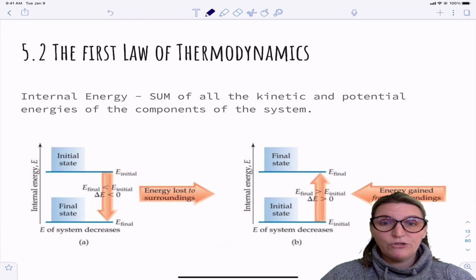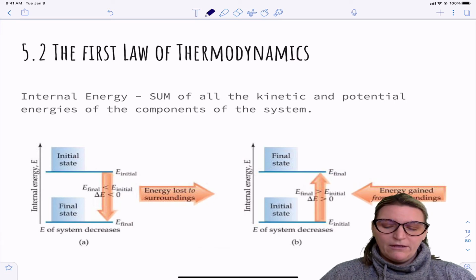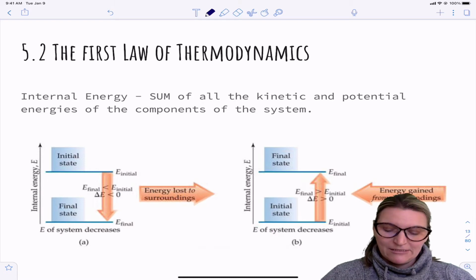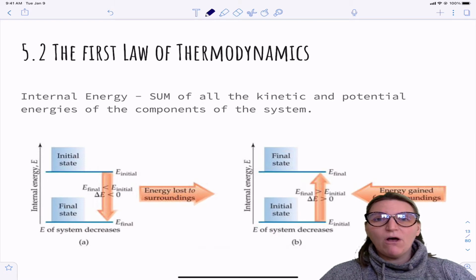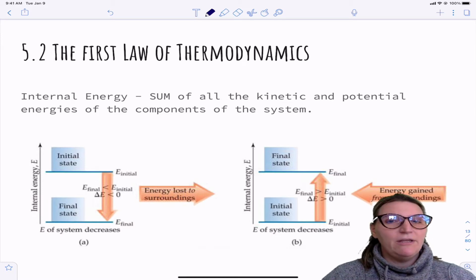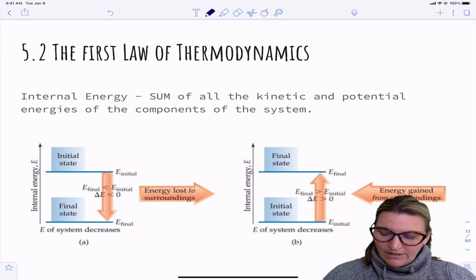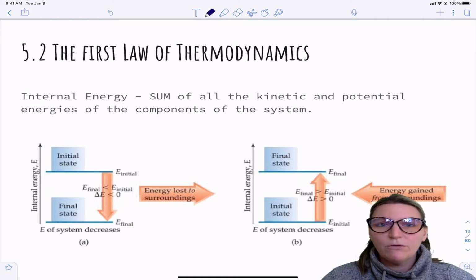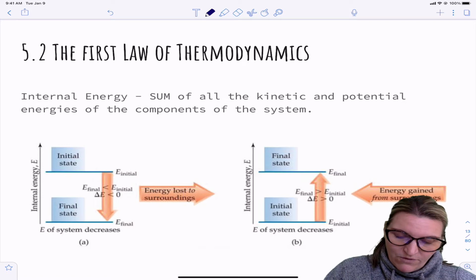So in 5.2, we'll be looking at the first law of thermodynamics, which is all about this concept of internal energy. Internal energy is the sum of all the kinetic and potential energy of the system. It's just basically summing up all the energy. And these two pictures here really go through what you already know, that if a system